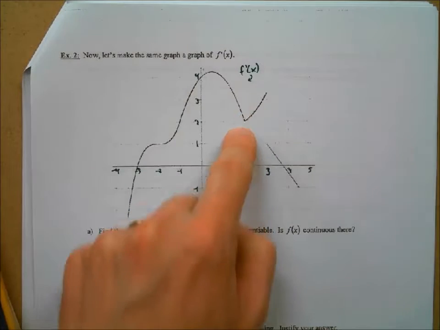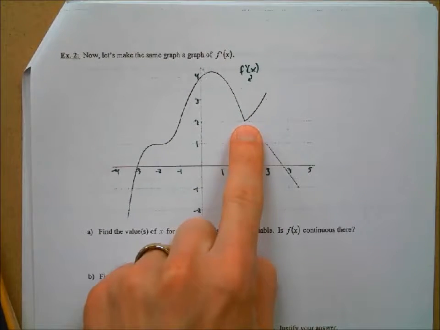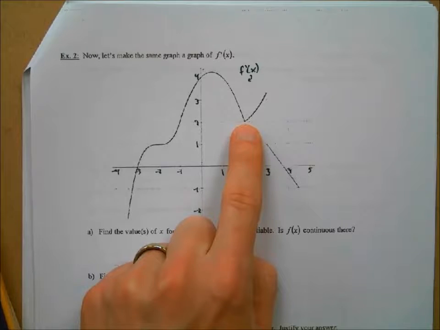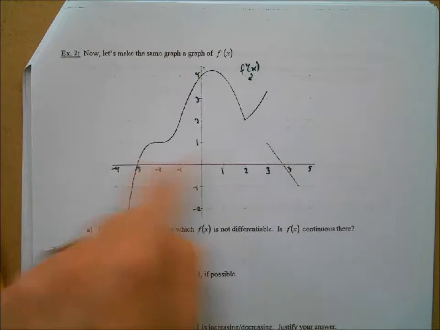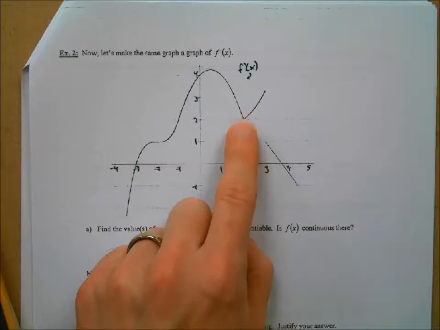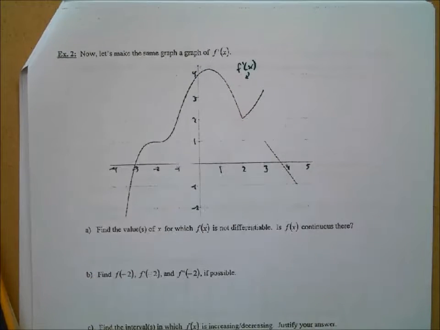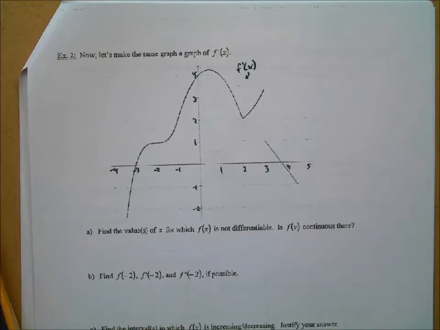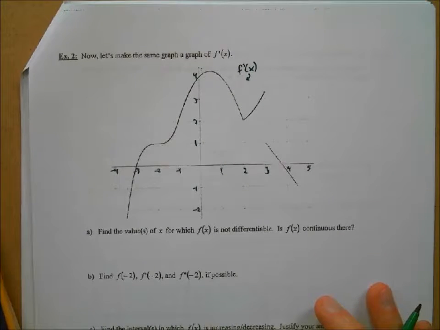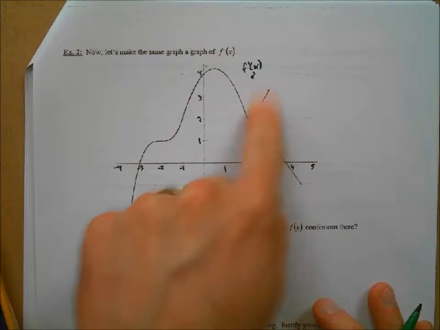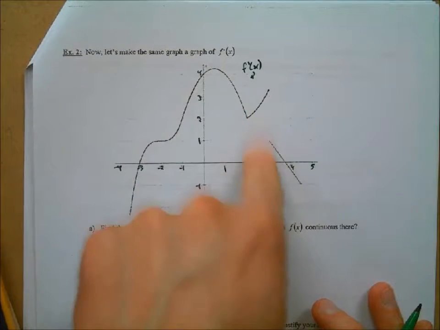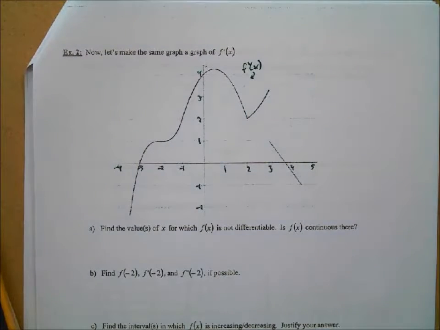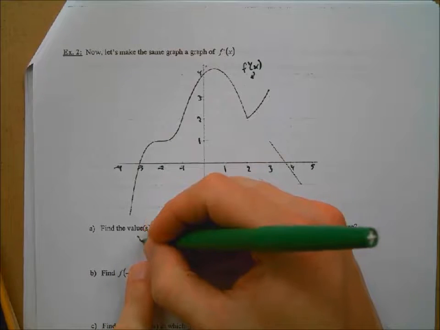I see what you're saying though. F prime prime, so the second derivative, would not exist here, right? The derivative of this function, f prime prime, would not exist here. But the function itself, f prime, if this is f prime, it's okay there. Where is a problem with f prime? It's at 3. And since f prime is not continuous at 3, f is not differentiable at 3. Okay, so x equals 3